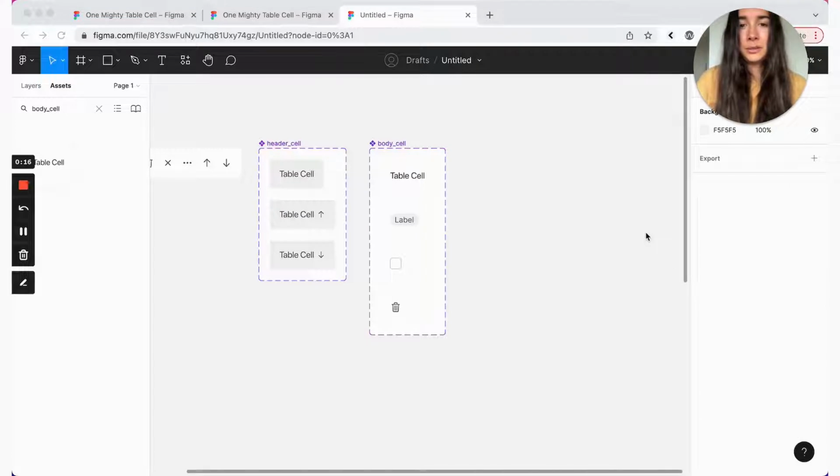Another variant that we may want our body cells to have is a very light gray fill, so that we can create tables that have striped alternating rows.